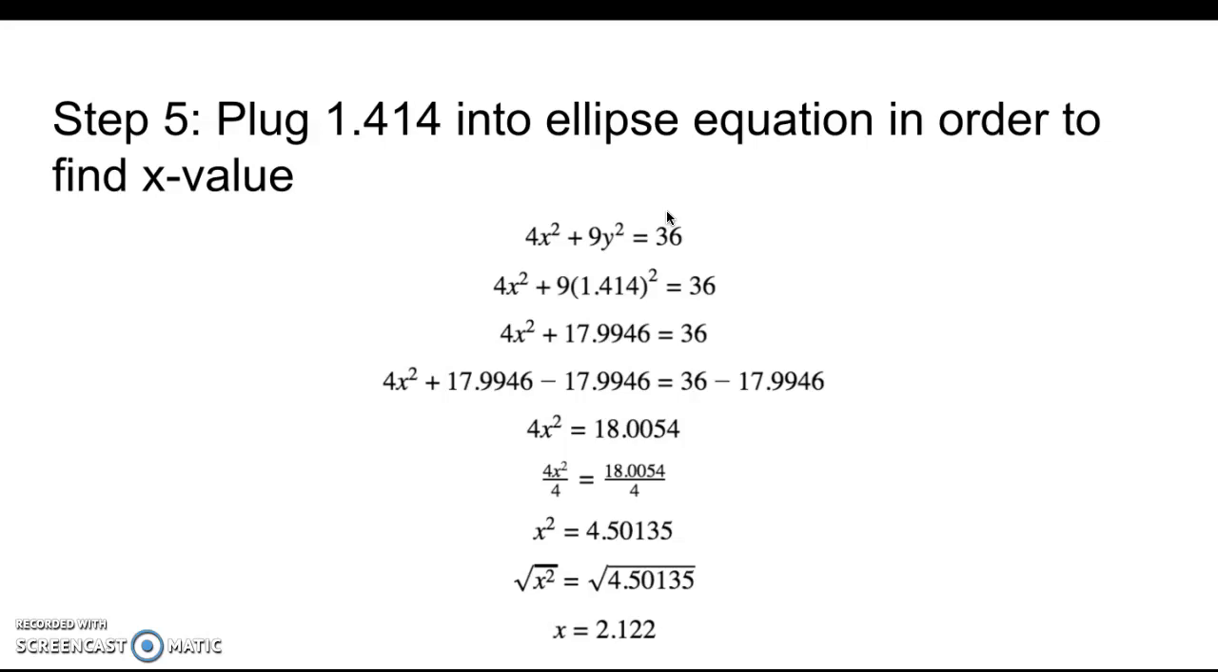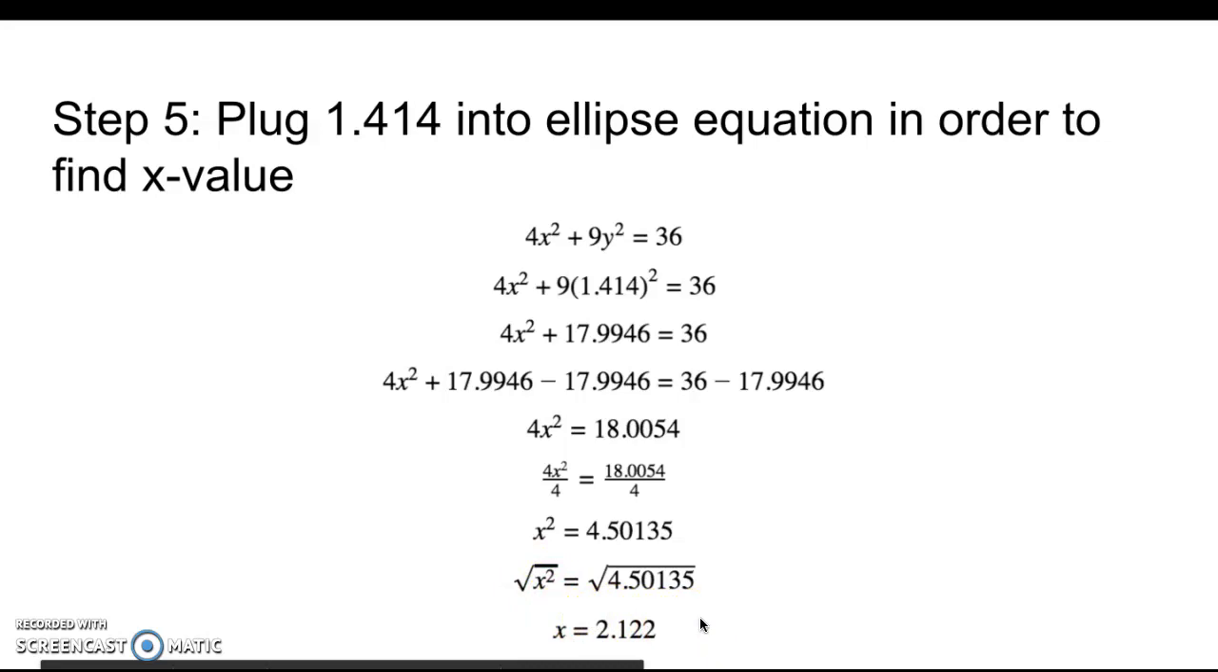Here you can see that we're plugging this in and solving, so that you get 4x squared plus 17.9946 equals 36, subtracting this value on both sides in order to isolate x. Then we are dividing by 4 on both sides to get x squared equals 4.50135, and then square rooting this value in order to isolate x, and your answer should come out to be x equals